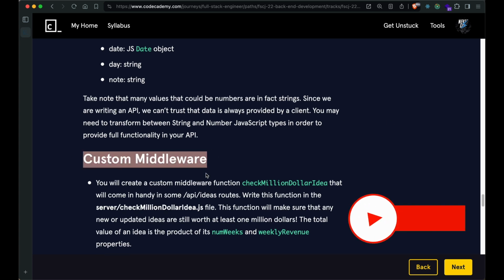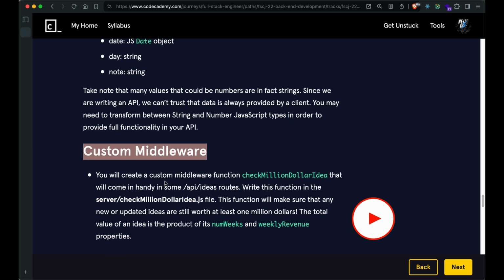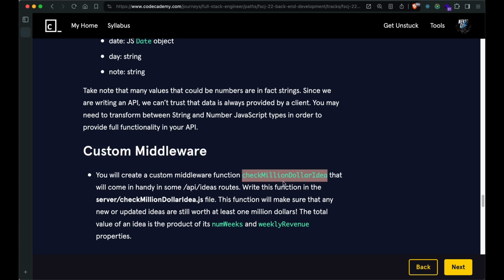Now we are going to implement a custom middleware, and that would be named checkMillionDollarIdea. That will come in handy in some API ideas routes. It would be used in some API ideas routes. So keep that in mind. Write this function in the server